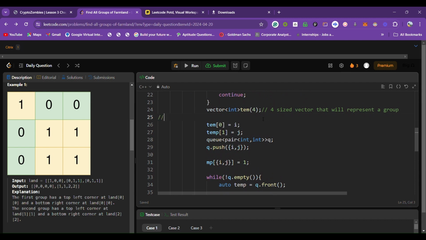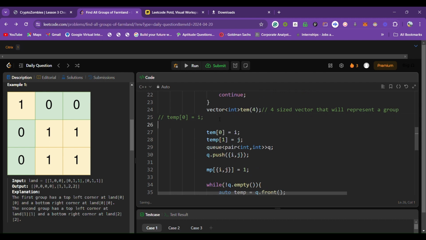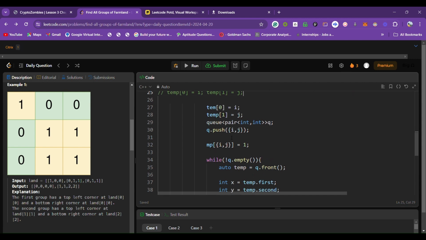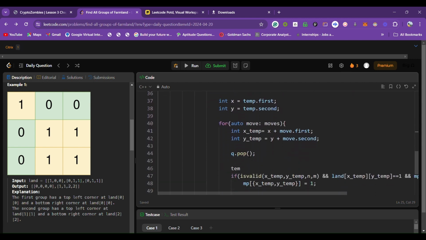Where temp 0 stores i and temp 1 stores j. Now inside the queue I will store in temp 3 I will store,